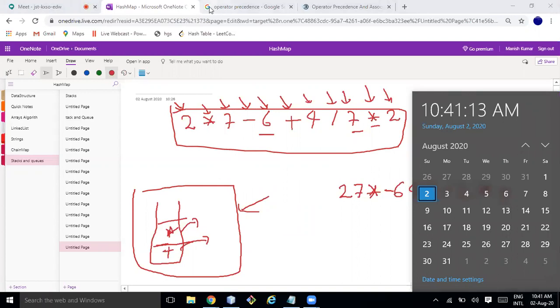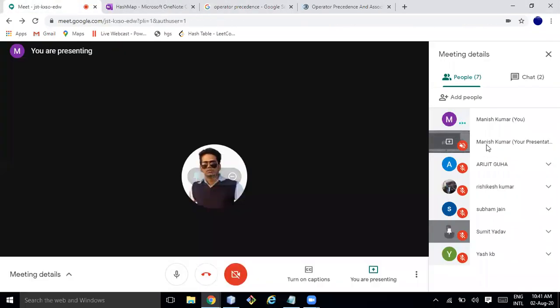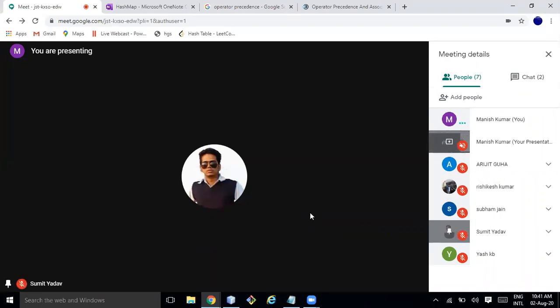Or do you guys want me to solve it directly? What happened in the previous class is that I told people to solve it, and people left, thinking maybe it was done for the day and they could leave. So what do you guys want? I want to do some problems based on stack. This is also one problem. Do you want to solve this one on your own, or do you want me to explain it first?